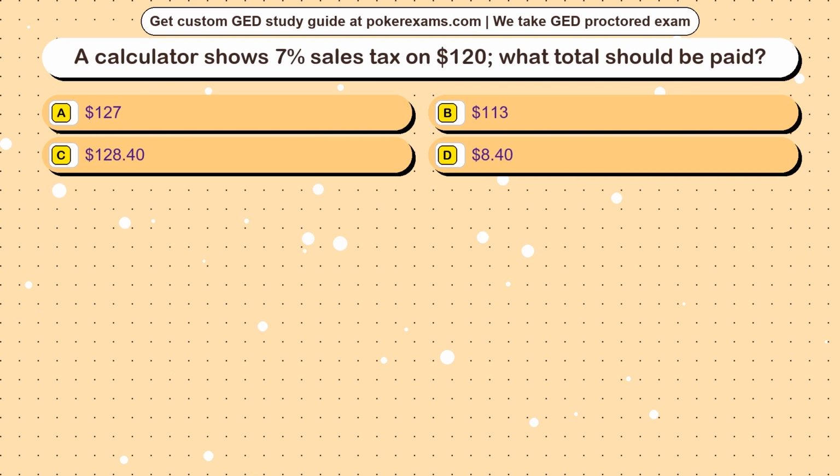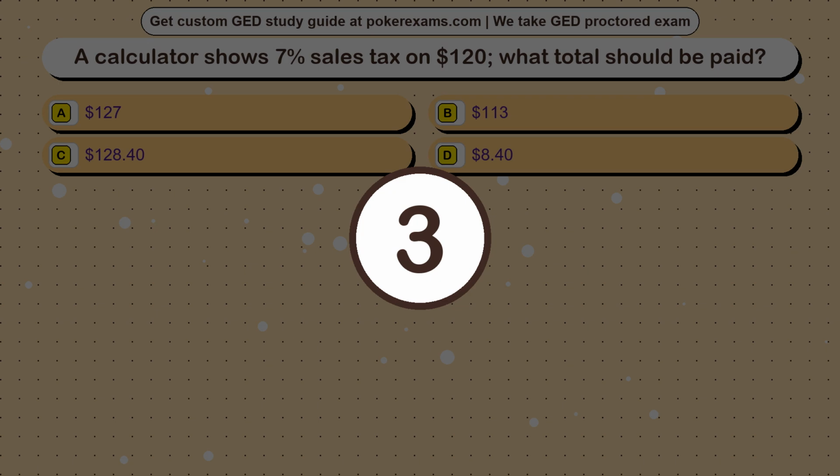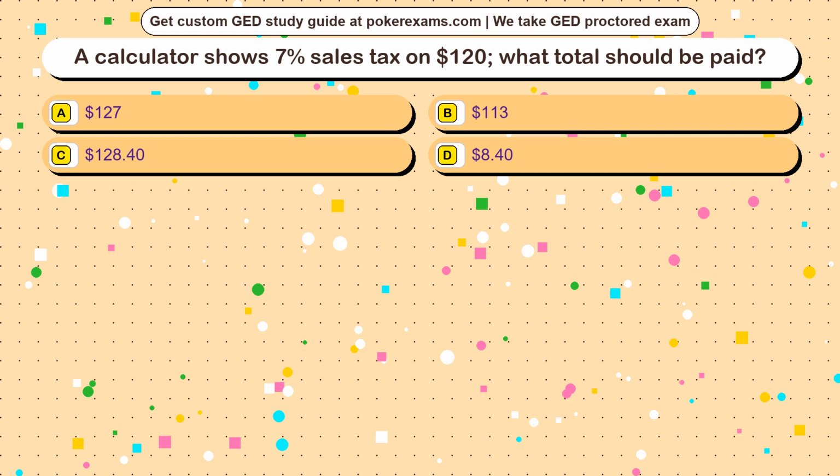Question 24. A calculator shows 7% sales tax on $120. What total should be paid? Option A, $127. Option B, $113. Option C, $128.40. Option D, $8.40. The correct answer is option